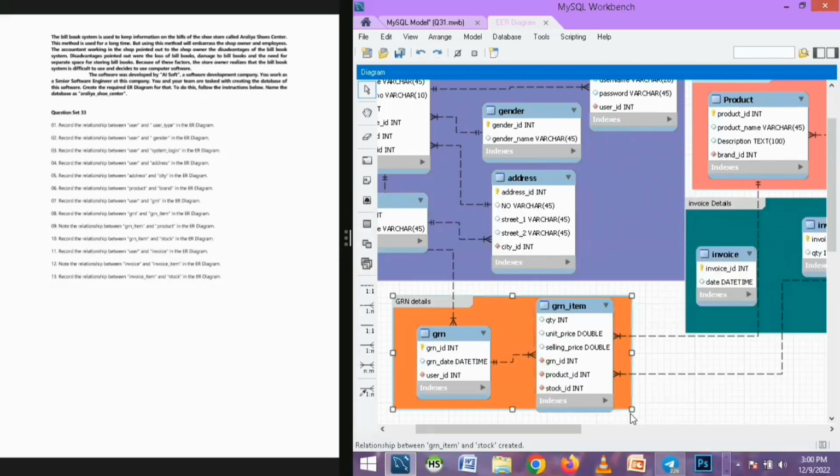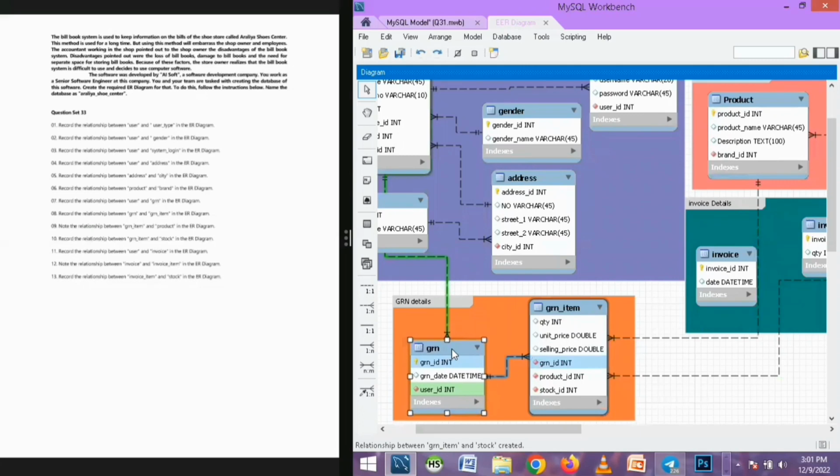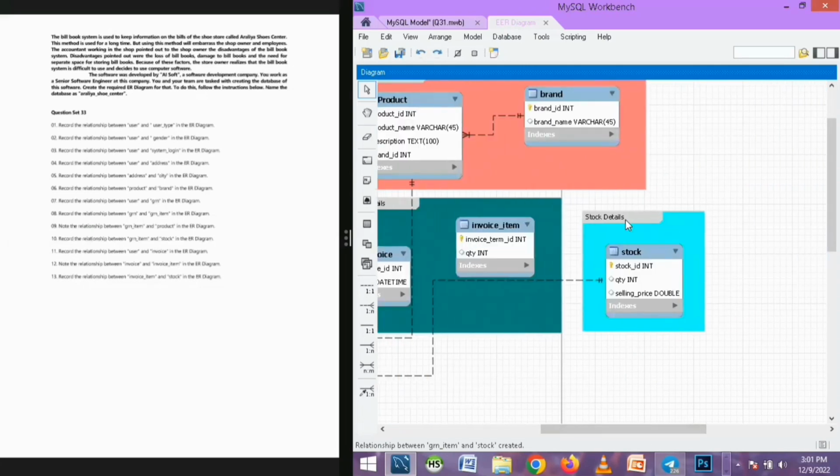Now I want to maximize this area a little bit. All right. Okay. Now it's all good. And fine. Okay. Now I have connected those tables like that,